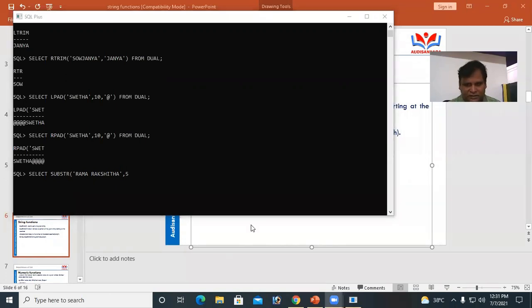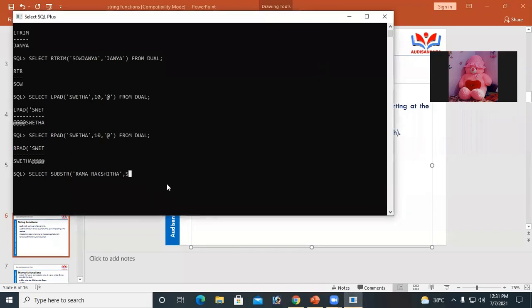Starting index character 5, and how many characters we require? 6 characters from GL. Select SUBSTR of Ramarakshita, starting index value 5, and how many characters we need?